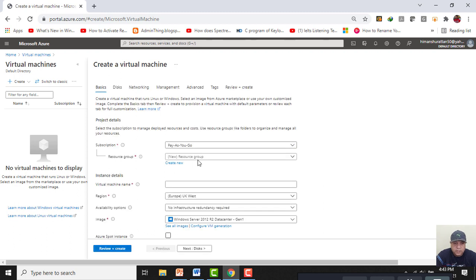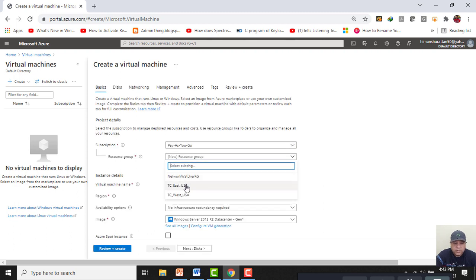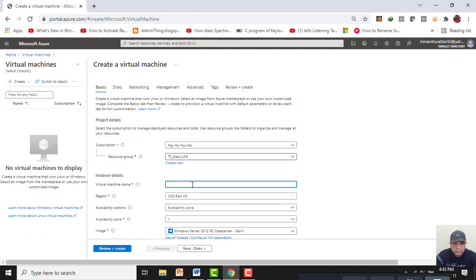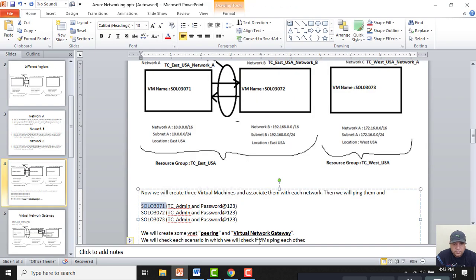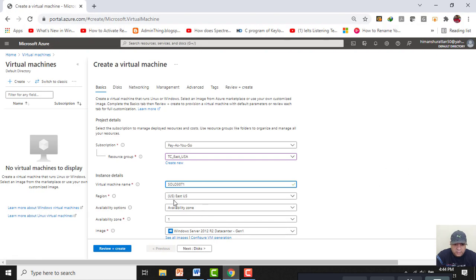Yes. Now resource group, I want to keep this virtual machine along with the network which is in tc_east_USA, and I will give the name of the virtual machine as Solo 3071, and I will give it name as tc_admin. So the region is correct.